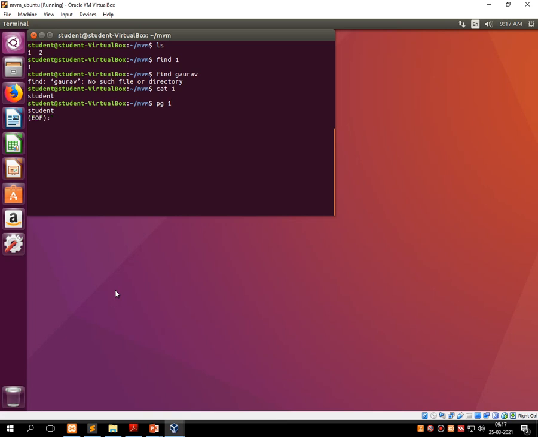It prints only student onto the screen, as in this file only the single word called student is there, and the end of file is found where you have to press yes. Once you press yes at the end of file, root will be written onto the screen, as you can see.